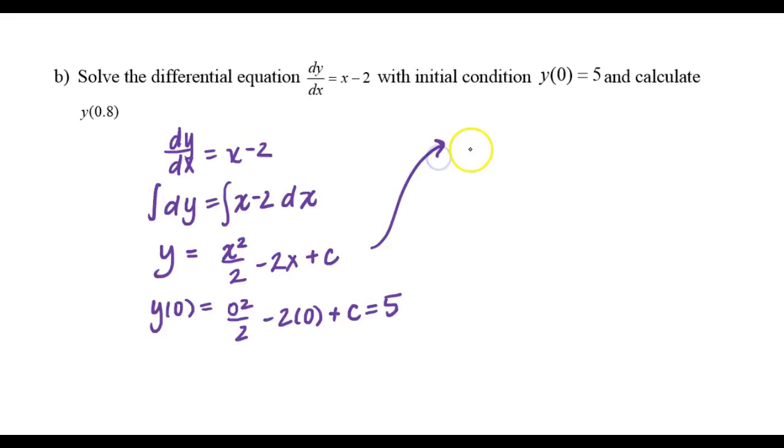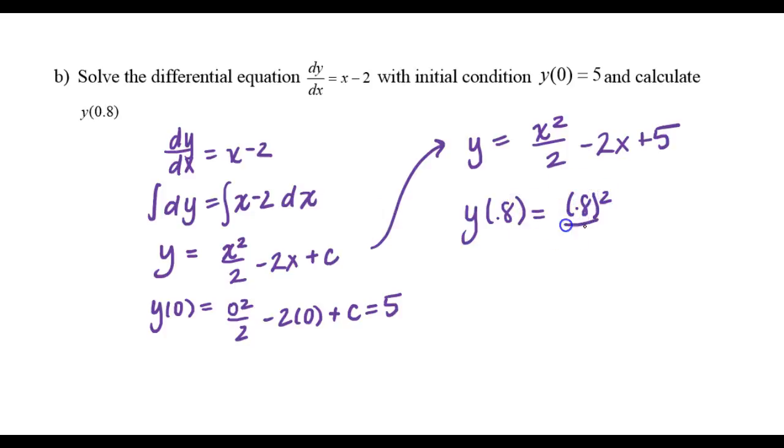So I will just go ahead and bring that over here. My solution with this initial condition is y equals x squared over 2 minus 2x plus 5. So this is the exact solution. So if I want y of 0.8, I can substitute 0.8 into my x values. So I'm going to have 0.8 squared over 2 minus 2 times 0.8 plus 5, which equals 3.72. So y of 0.8 is exactly 3.72, and using our two-step Euler's method approximation, we said y of 0.8 was